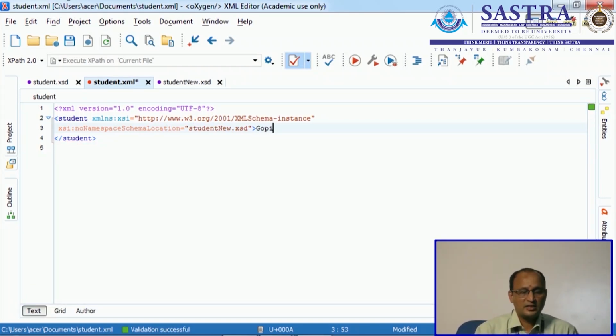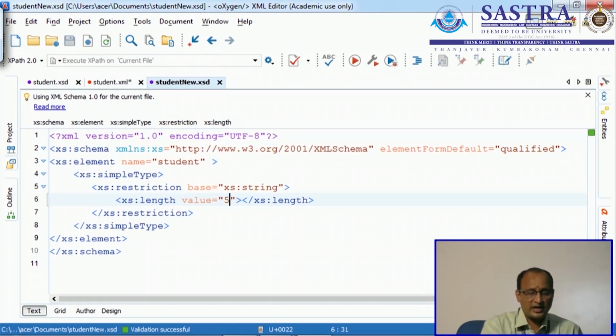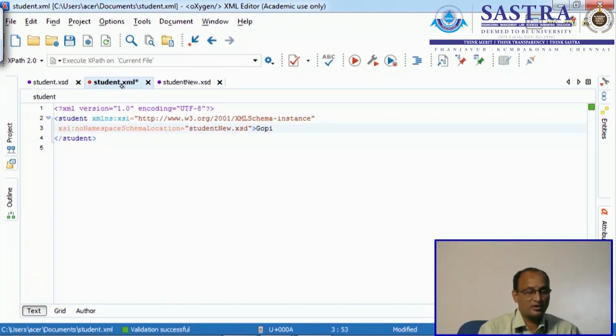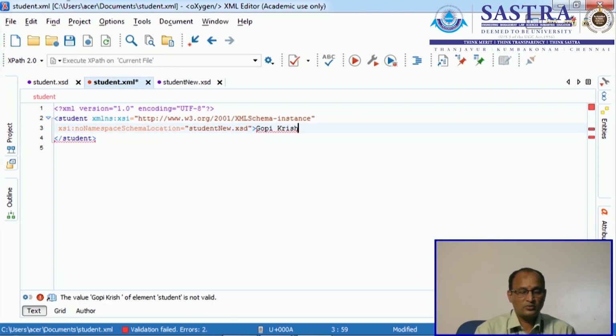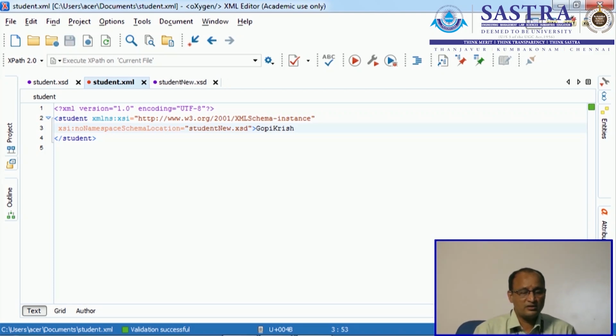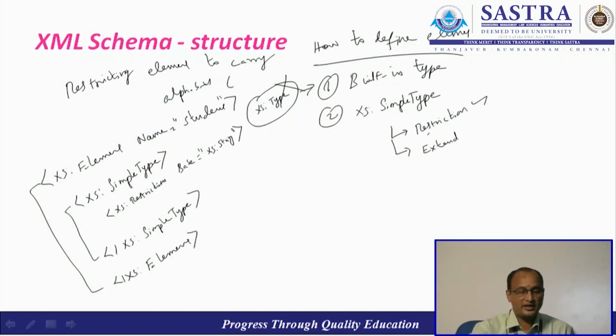It is coming under the restriction range I have given. Look at here, I have given 5 characters. Suppose if I give 10 characters, coming to this XML document, Gopi Krishnan, 1, 2, 3, 4, 5, 6, 7, 8, 9, 10 characters, and if I remove this, it is accepted. Okay, this is the way we can restrict an element to carry a string with some facets,